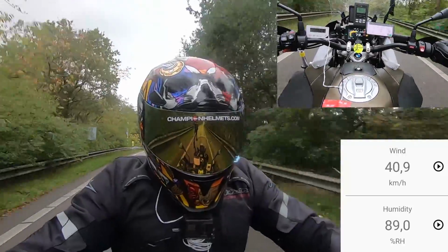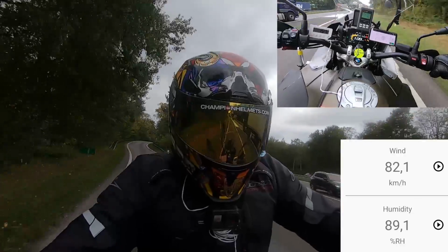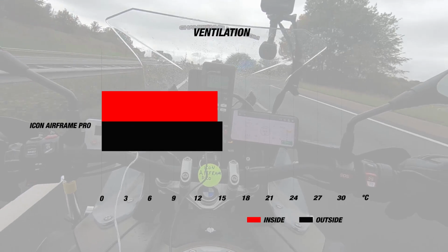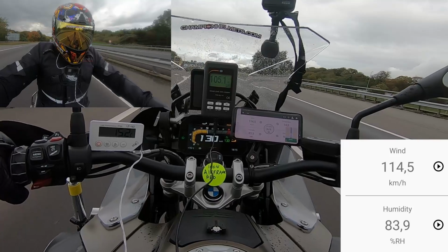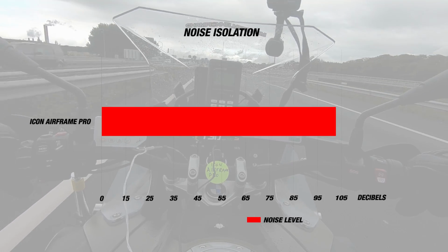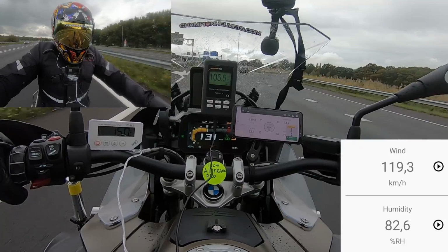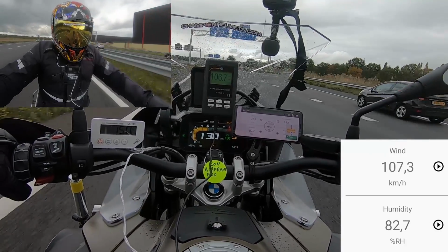The same goes for the Icon Airframe Pro, since it didn't quite perform at the level we hoped and it was an expensive helmet for value for money. When we tested the Icon Airframe Pro, it was about 15 degrees Celsius outside, while it was about 14 degrees inside the helmet, which is very good. The wind speed for the day was about 100 to 115 kilometers per hour, and the helmet's noise level was about 103 decibels. While this helmet does do well for ventilation, it seemed to give average performance in the rest of the categories, and the visor mechanism was difficult to operate, which left the Airframe Pro as a decent mid-range